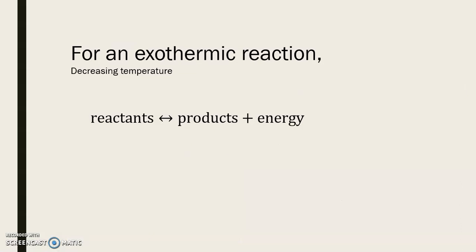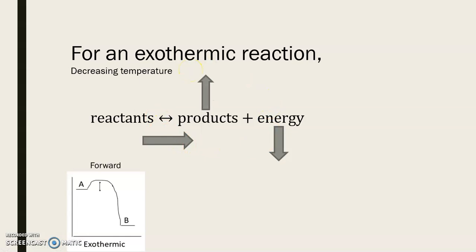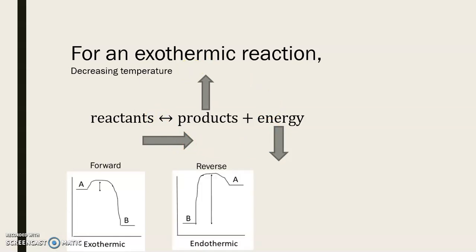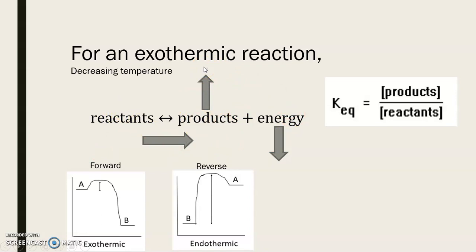For an exothermic reaction, decreasing the temperature is going to shift the reaction to the right in order to gain back this energy that has been lost. This is then going to increase the amount of products in the solution. If we look at the reaction profile, decreasing the temperature is going to result in less assistance for the particles to overcome the activation energy. Therefore, the reaction is going to favour the side that needs the least assistance. In this case, it's the forward reaction as there is a much smaller activation energy. So it's going to shift to the right and increase the amount of products. In terms of the equilibrium constant, an increase in products is going to increase the numerator and thus